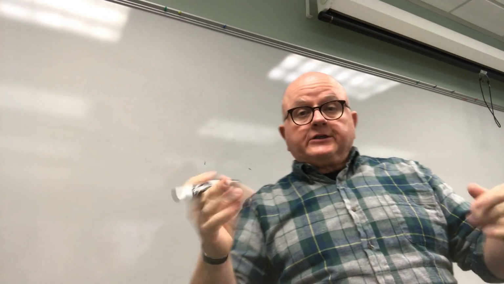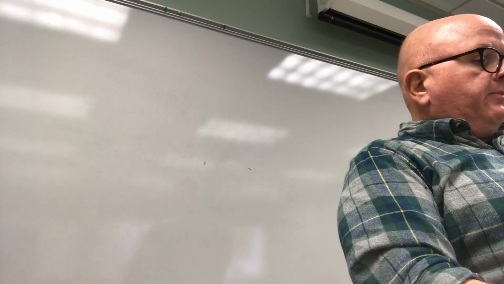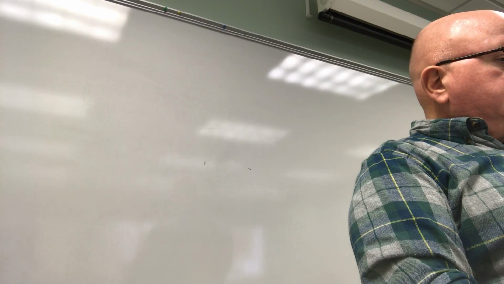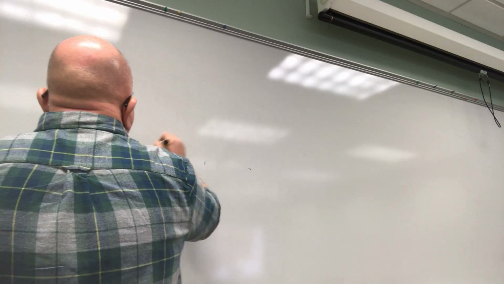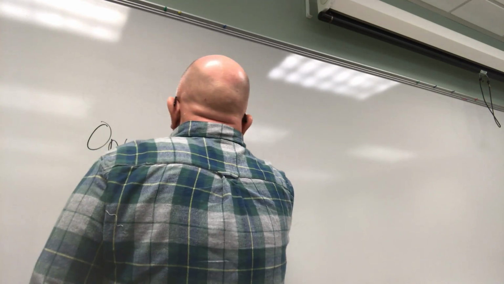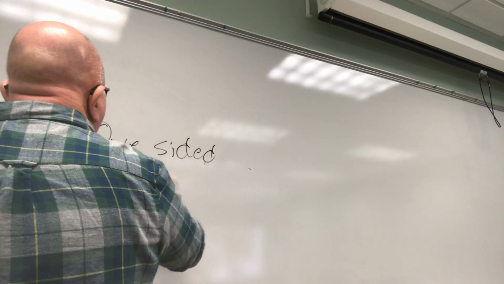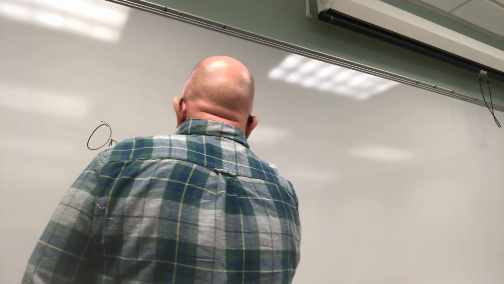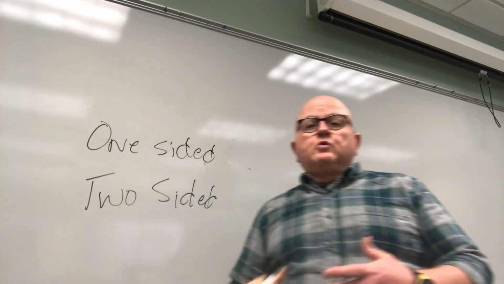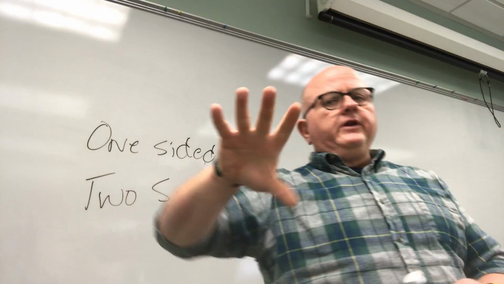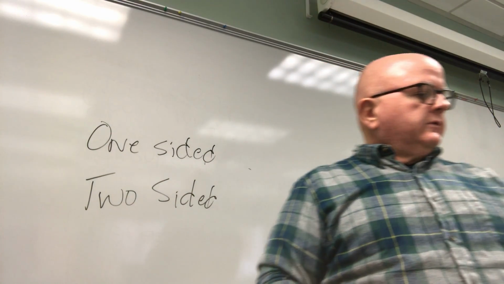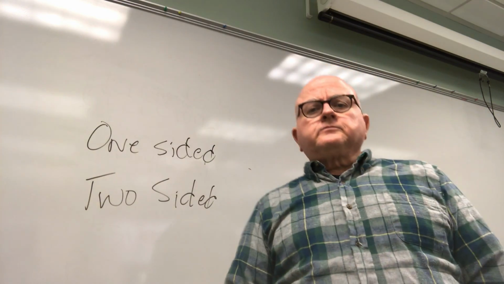All right. Close it in here. This is the Reader's Digest condensed version of this lecture. A couple of things you need to be aware of. There's two ways to do it. You can give a one-sided persuasive speech, or you can give, and this is going to be stunning, a two-sided persuasive speech. A one-sided persuasive speech is where you get up and you just give your ideas and give your side. Perfectly valid, great way to do it. Okay? Just give your arguments.